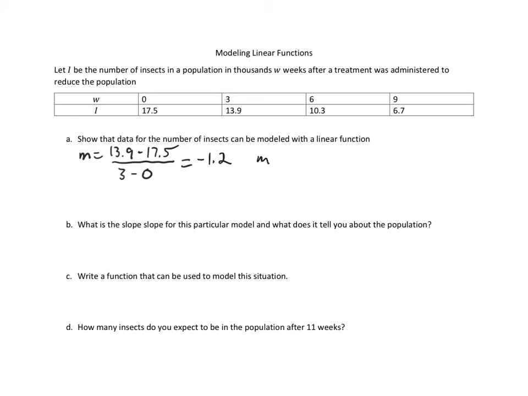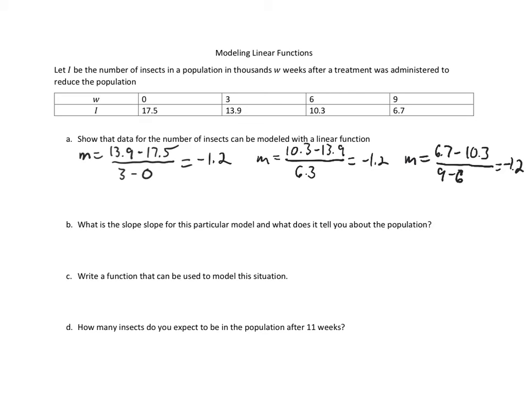Continuing on, if I look at the 3 to 6 week range, 10.3 minus 13.9 over 6.3, and again we get negative 1.2. And looking at our last range of values, 6.7 minus 10.3 over 9 minus 6, again we get negative 1.2. So what we've shown is that we have the same slope throughout this function, so we would assume that this